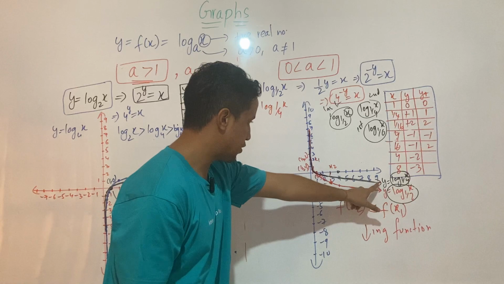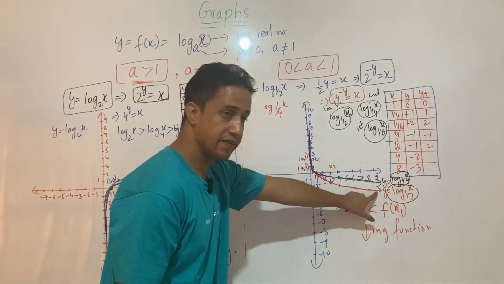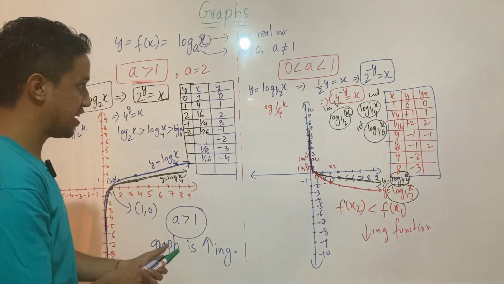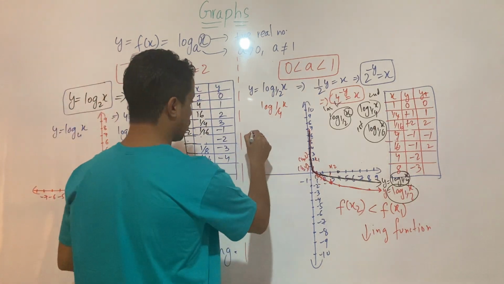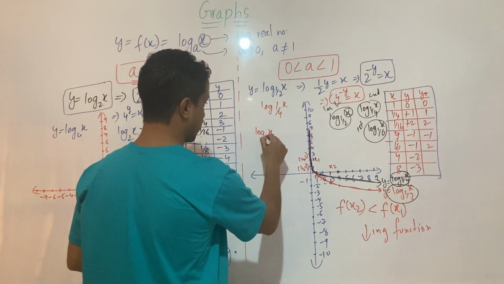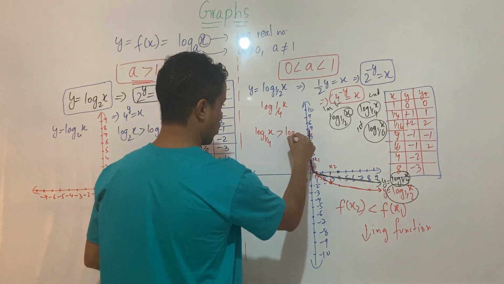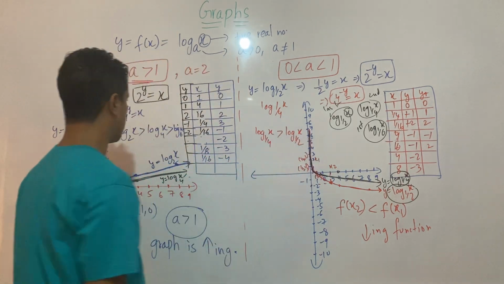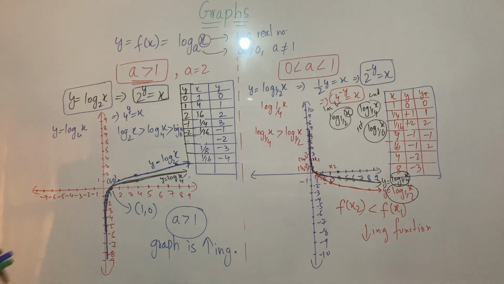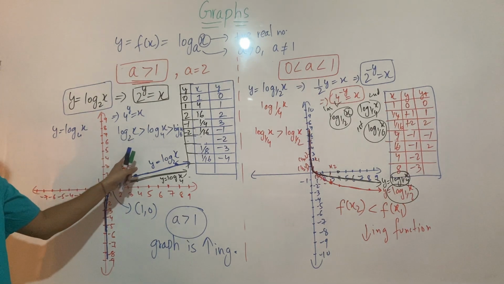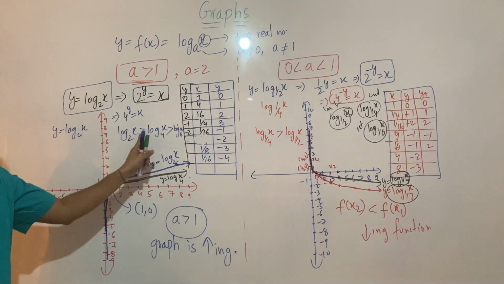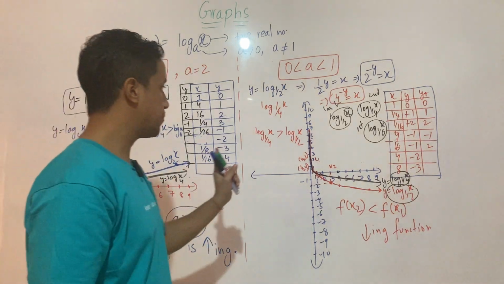you can see that the value here is more than this. Okay, so I can say here that log of x to the base 1 by 4 is greater than log of x to the base 1 by 2. And if you look here, it was opposite: log of x to the base 2 is greater than log of x to the base 4. Okay, so